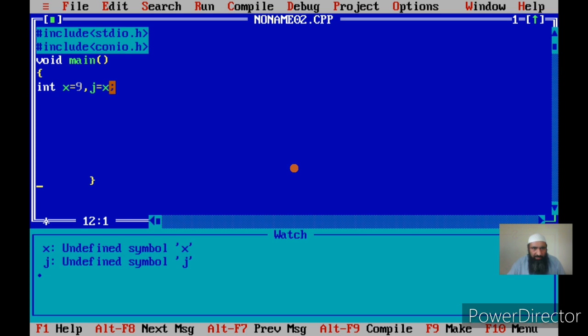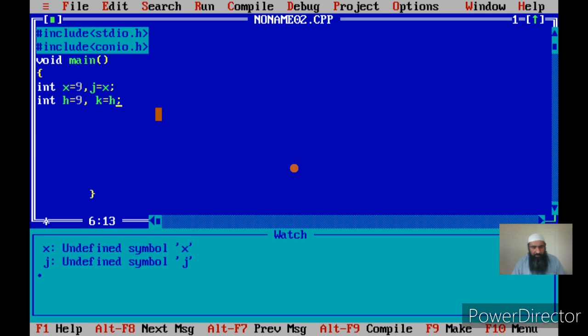This will be clear now. I'll show you in some other example. I have created h and I have created k. First I have declared h, and then I have declared k. I could have said h is equal to 9 and k is equal to h.